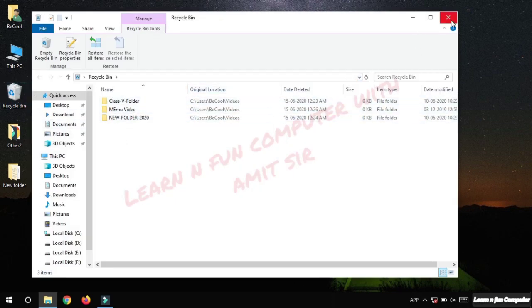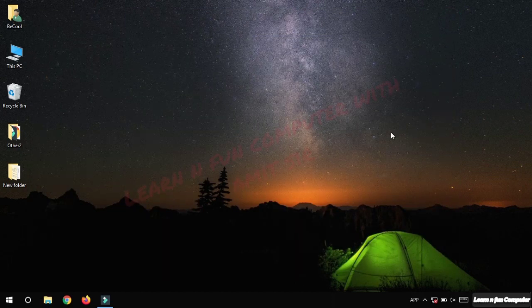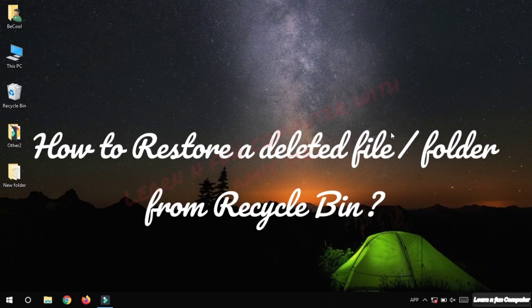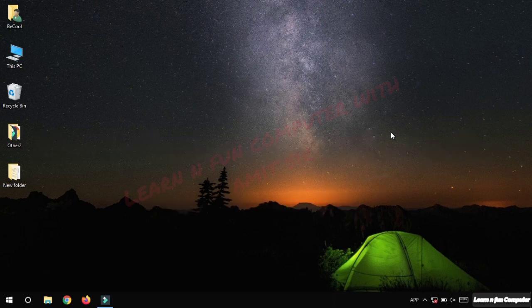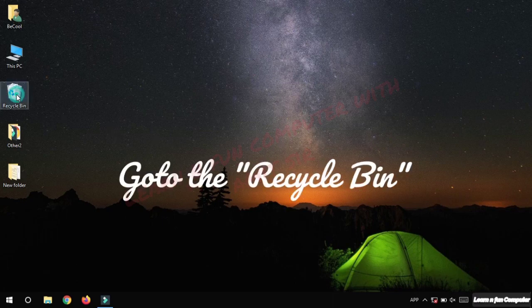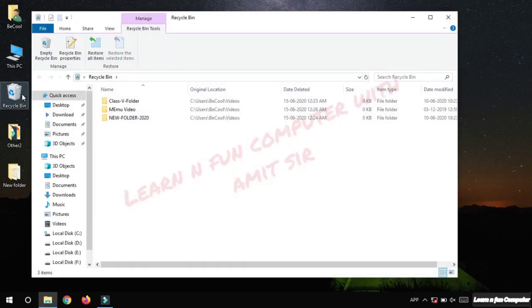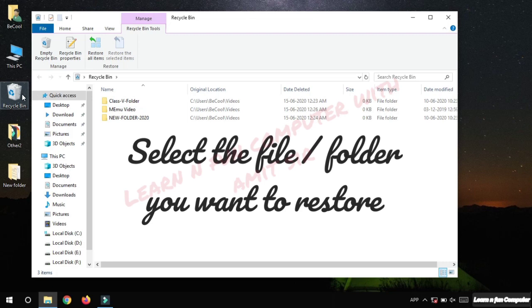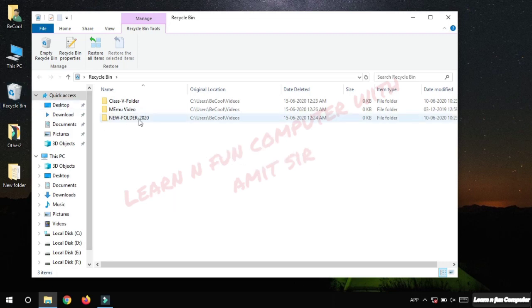Now let's talk about how to restore a deleted file or folder. To restore a deleted file or folder, first click on the recycle bin. After that, select the file or folder which you want to restore. Suppose here I want to restore this folder.